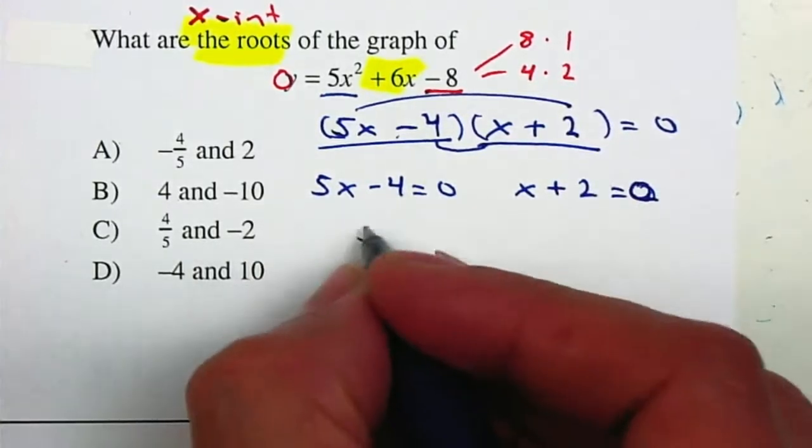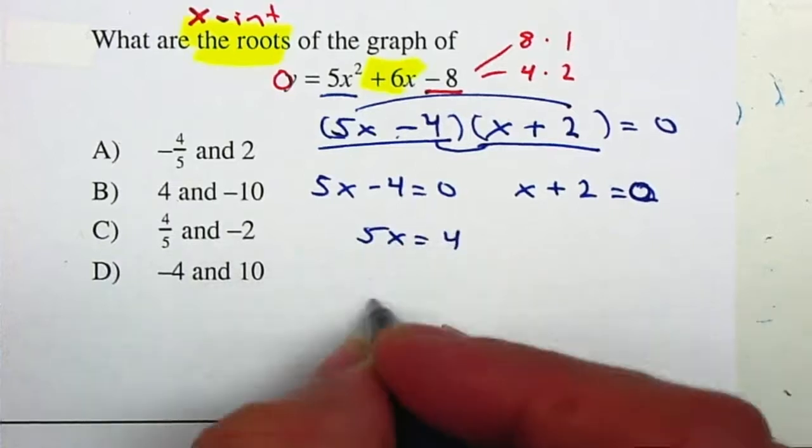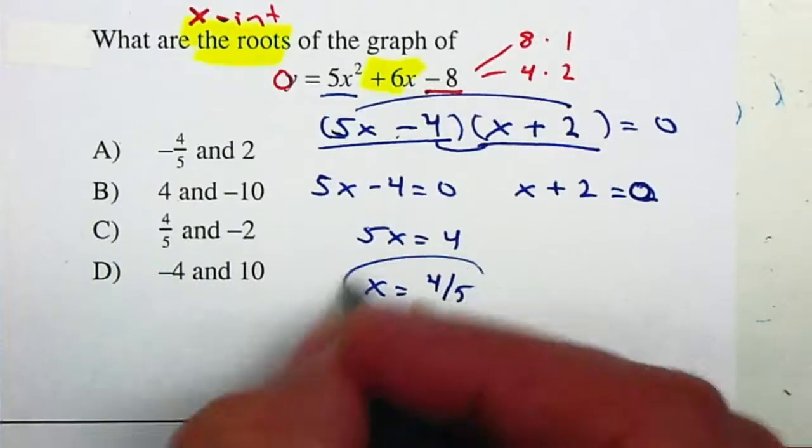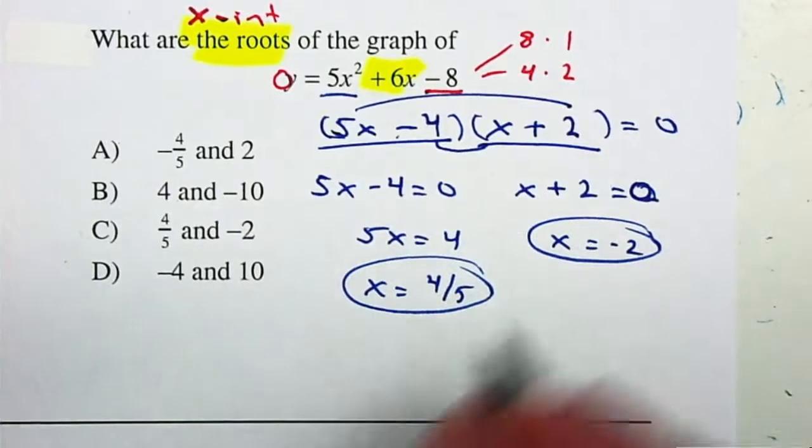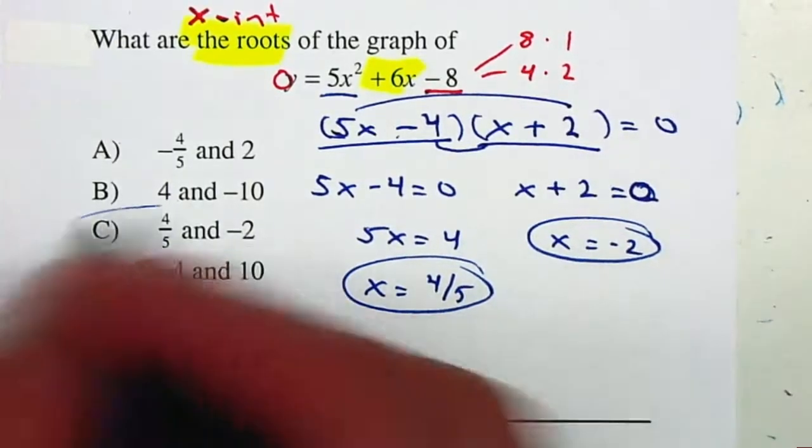Move the 4 to the right, it becomes a positive 4. Divide by 5. Move the 2 to the right, it becomes a negative 2. So therefore my answer is 4/5 and negative 2, and your answer is letter